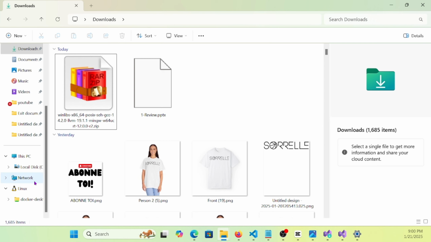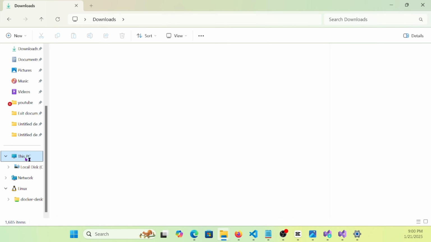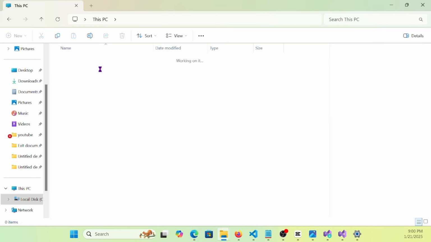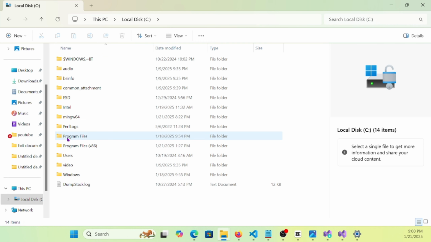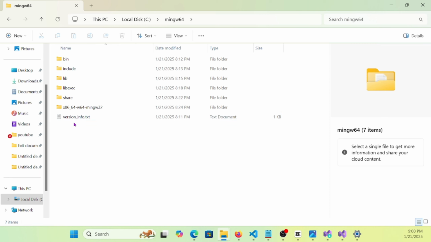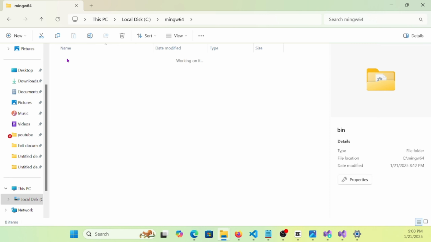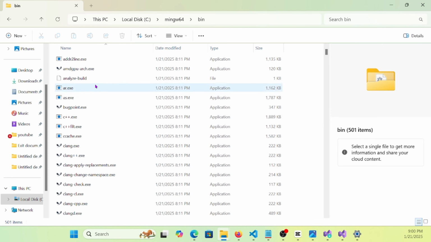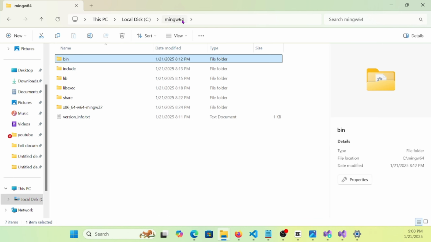So I've chosen the local disk C as its location on my computer, and this is my folder. So once I'm here, I'm going to click on bin and make sure to